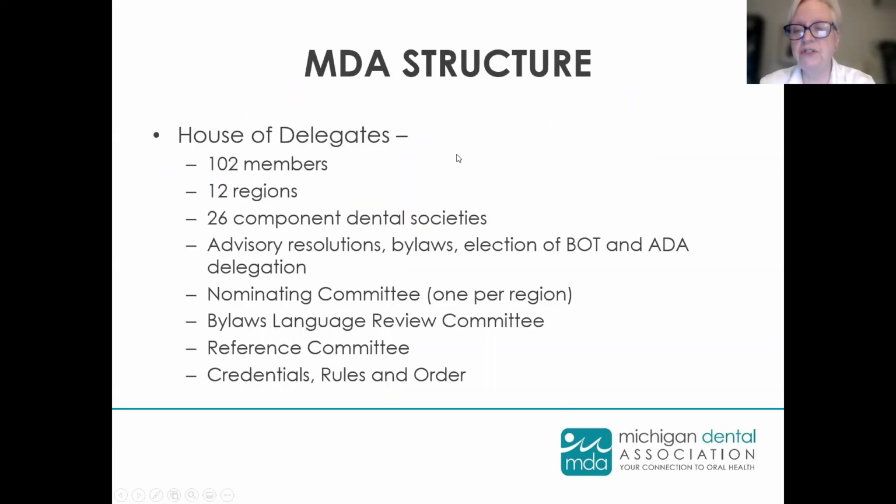Talking again about the MDA structure, I'm sure that many of you are members of the MDA House of Delegates, and we do have 110 members that are arrayed into 12 regions and 26 component dental societies. The House of Delegates has purview over advisory resolutions. In other words, they can make policy recommendations. They're also the only organization that can change the MDA bylaws, and they elect the Board of Trustees and the ADA delegation. They have 4 committees: the nominating committee that has 1 member per region, and it is chaired by